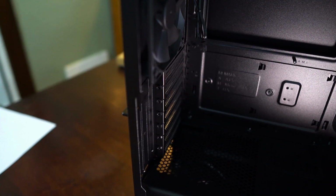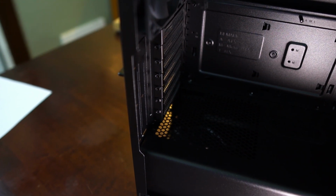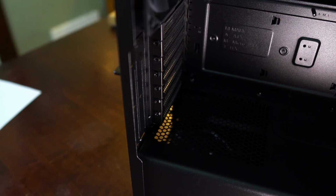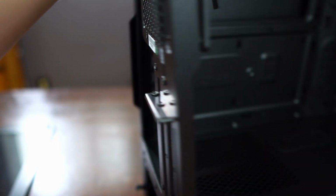The PCI brackets for the 275R are all reusable. They have regular Phillips head screws for them, so you'll be able to remove them and reinstall them as you need. Additionally, you'll see on the back